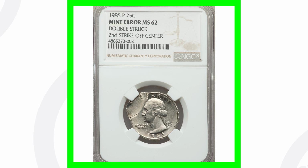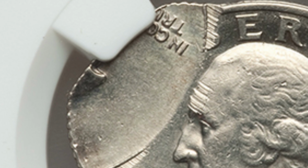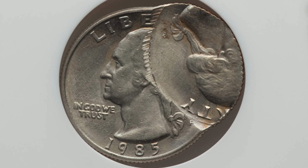Now, if we look at some different types of mint errors here, this is a 1985 P mint mark, Philadelphia minted, and this coin has been double struck. We see that the second strike is off center here on the left side of the coin, and we'll see that there on the reverse of the coin as well. This quarter sold for over $190. Not too bad. Here's another example of a double strike that is 60% off center, and this coin here sold for over